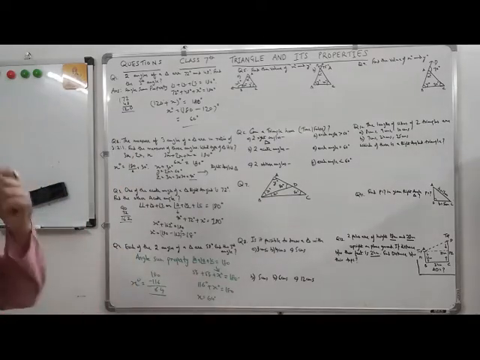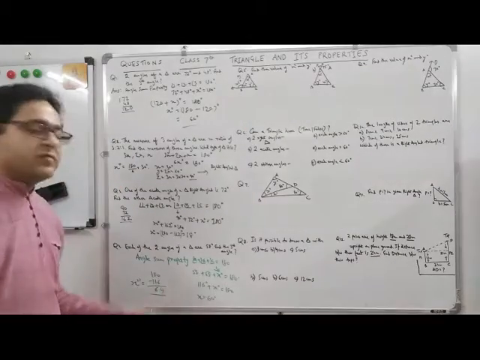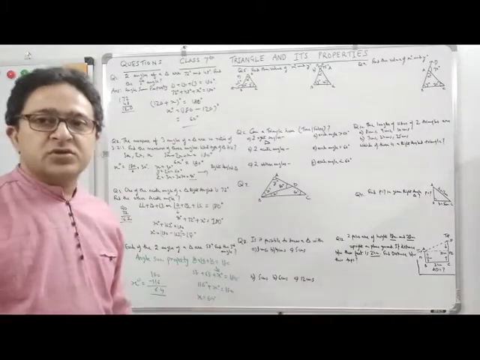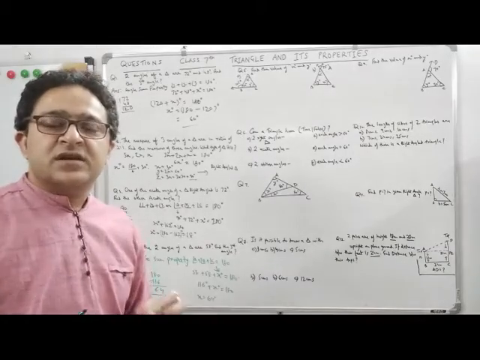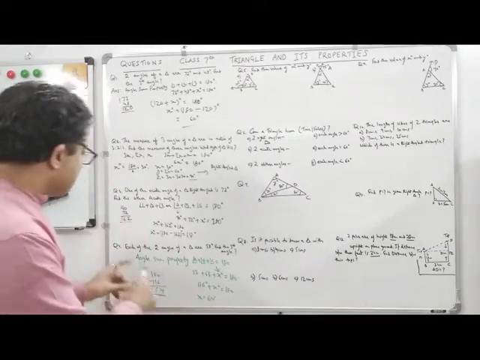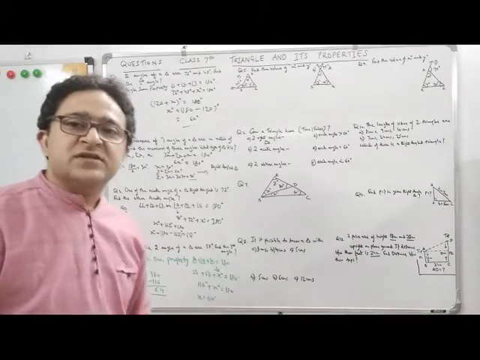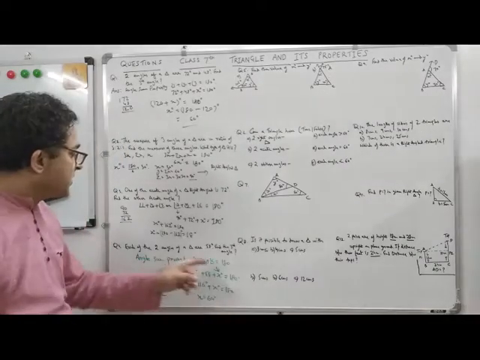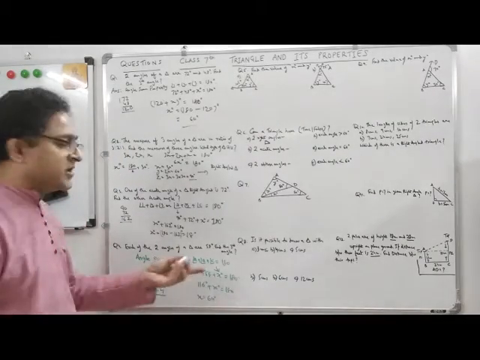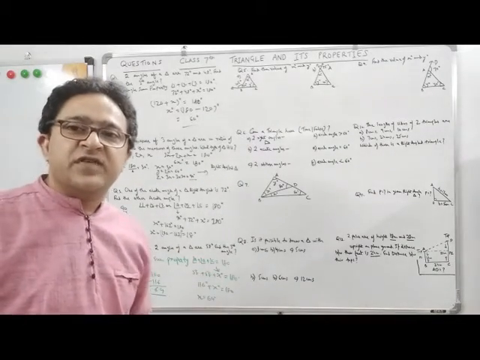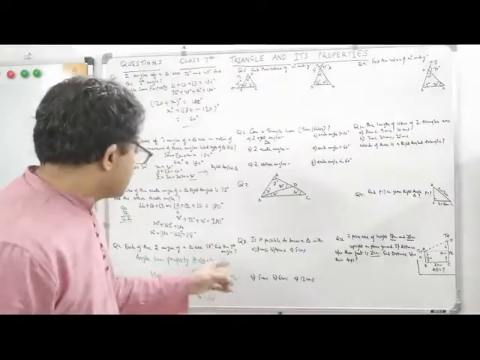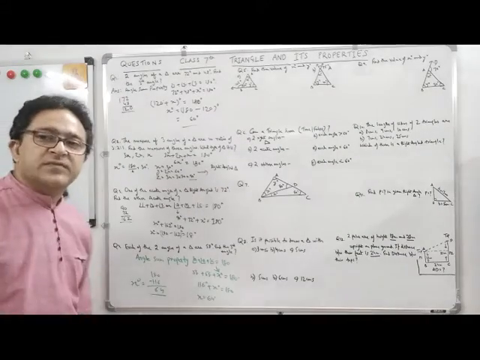So you can write in your own words, but this will be a 1 or 2 marks question or 3 marks question. So just try to be as clear and simple as possible. You can even write the formula directly: angle A plus angle B plus angle C is equal to 180. Two angles are given, so just assume any of those two angles as angle A and angle B, 58 degree each. So angle C you have to calculate. So just 2 or 3 steps.